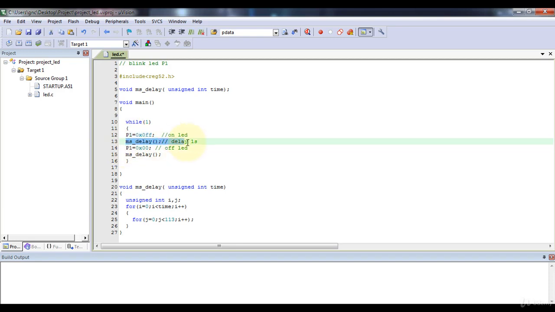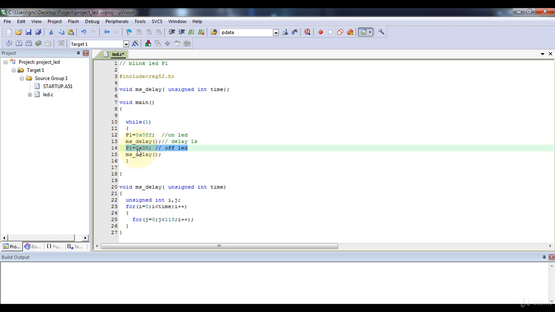Then since it's a blinking operation, it should remain on for some delay. So I am putting a delay by writing this function, msdelay. Then I will turn off those LEDs by writing P1 equals 0x00.